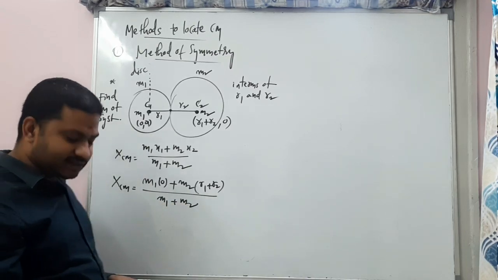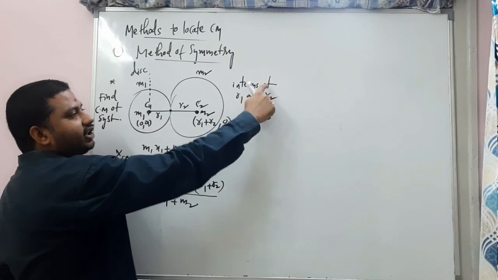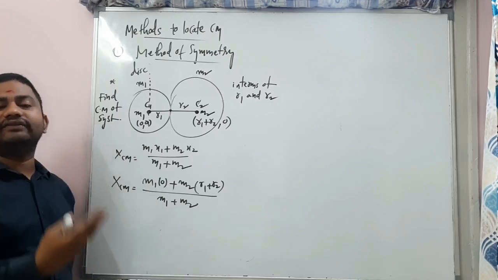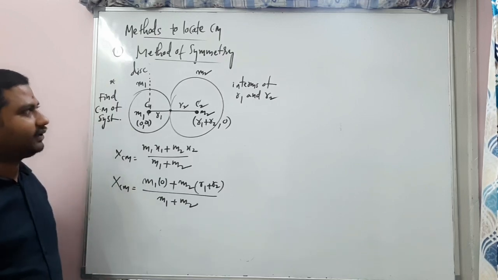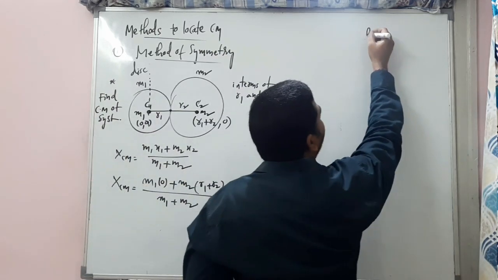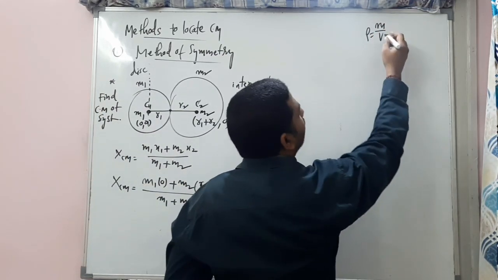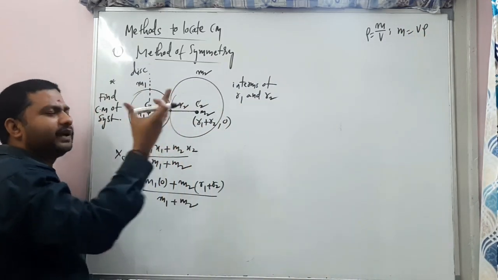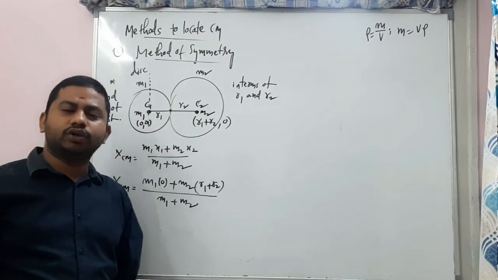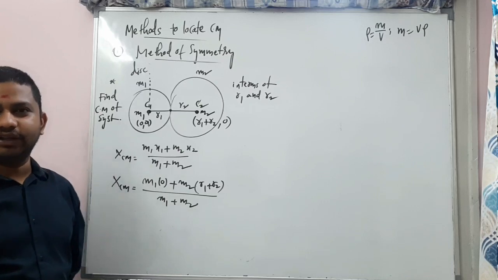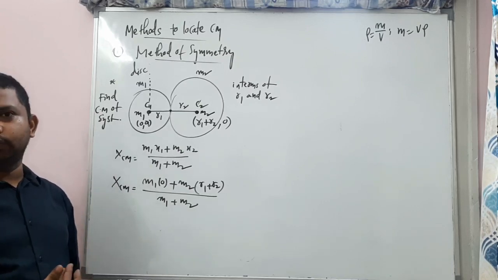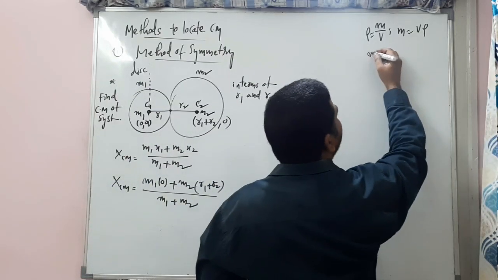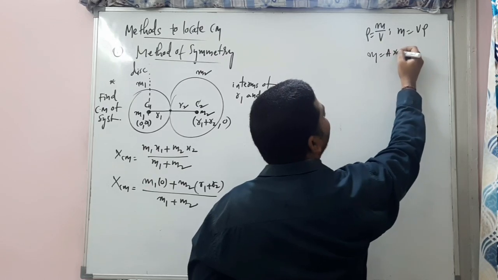Here the point is masses. We need the answer in terms of R1 and R2. We don't want the answer in masses. So these masses, how can we convert them in terms of radius? That is the point here. We have the formula density is equal to mass by volume. From here, mass is equal to volume into density. So if it is a sphere, we can find the volume. If it is a cylinder, you can find the volume, right? If it is a hollow sphere, we can find the volume. If it is a cube, we can find the volume. But it is just a disc. How to find the volume? So for the disc, generally the mass is equal to volume, which is equal to area into length. Yes or no?